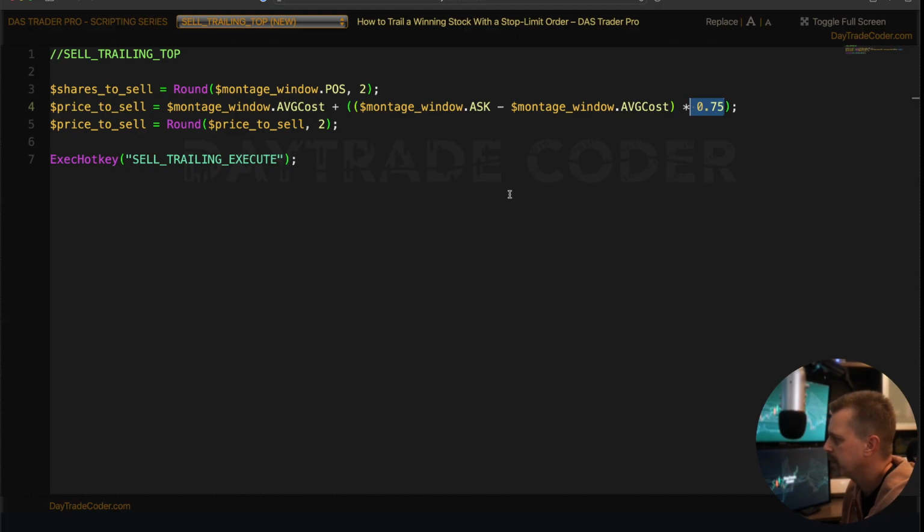And you can, of course, create as many of these as you want, change that to 90%, and then it's basically going to trail by 10% behind the price. You can also just, if you really want to tighten it up, just sell, right? Sell on the bid or sell on the ask, it's going to be a lot tighter than this, but this allows the stock to have a little bit of room so that the stock can still kind of fluctuate a little bit. But if it drops, at least it's dropping into a sell order that you can gain profit from,